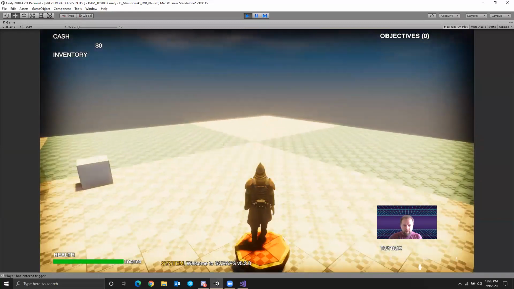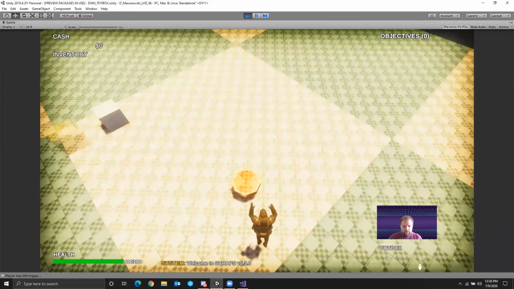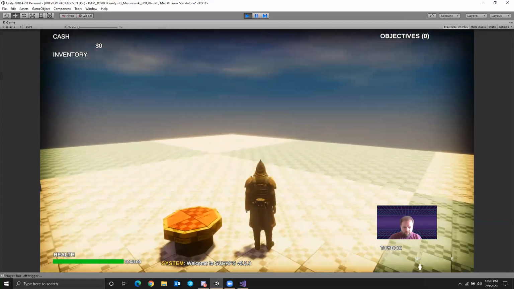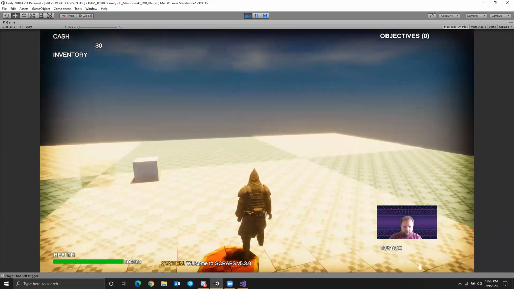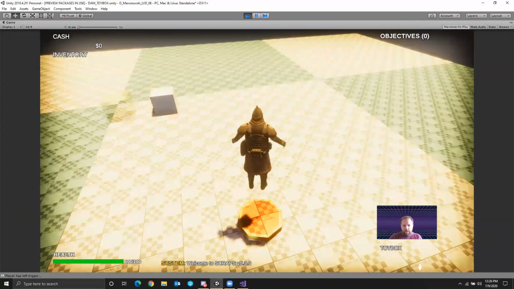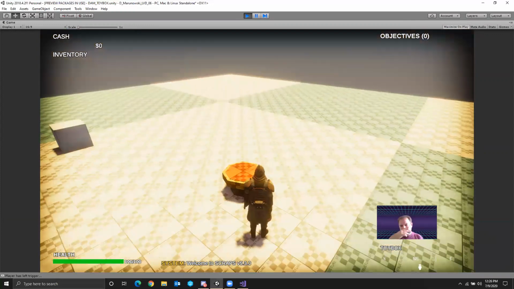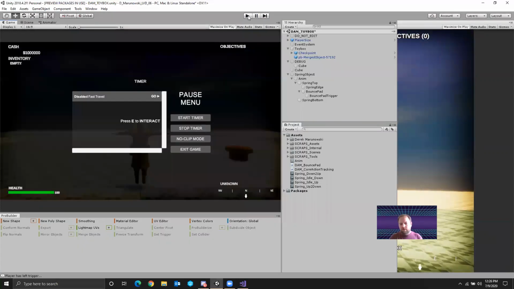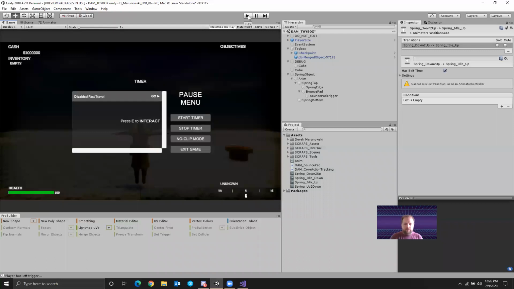Jump on it, it goes down, jump off. Kind of hard to see it go back up, but if I jump on it and it goes down, I can walk off and it just goes right back up. Here we go. So that's the animation, and I've done debug messages, but I'm going to go ahead and add one of our other tools in here to give feedback,